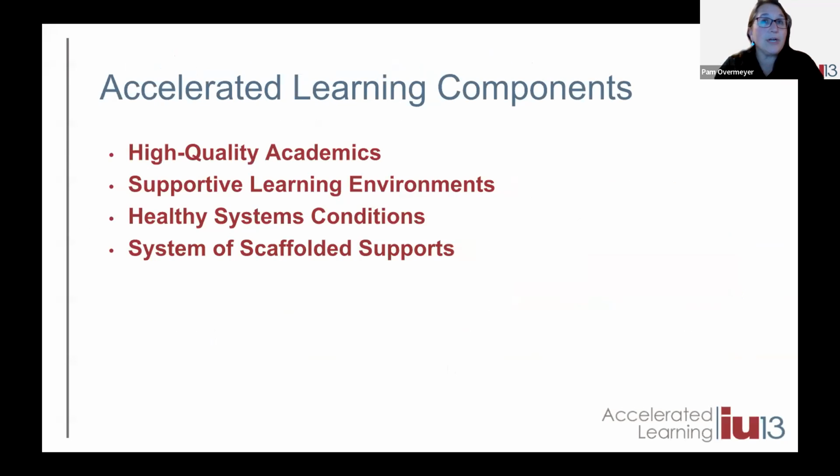There are 4 components within the Pennsylvania Department of Education's Accelerated Learning Framework, and we're going to take a look at a few of those and talk specifically about one today. High quality academics. The purpose of this component is to define the instructional changes needed and foster a culture of data-informed decision-making to ensure every learner has access to the instructional strategies, materials, and supports needed to successfully engage with and master grade level content.